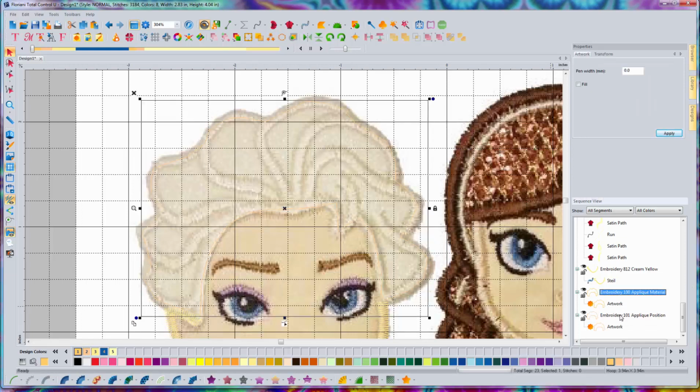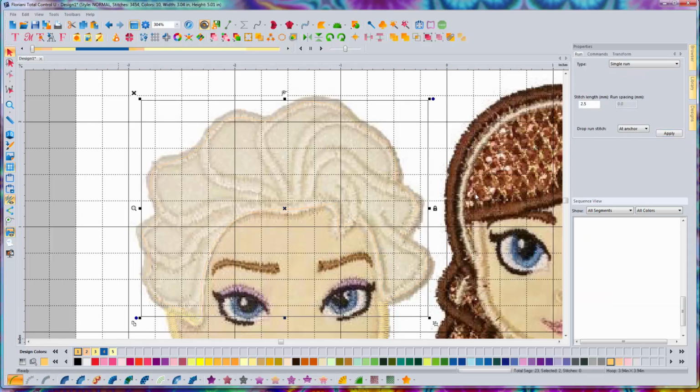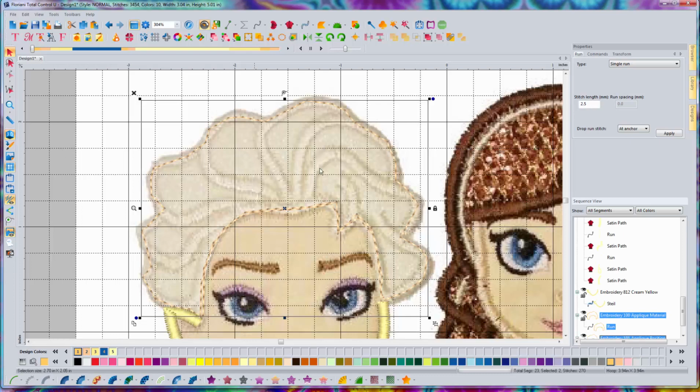Both of these need to be a run stitch. We'll select them both and hit the run tool over there. Okay, so now those are stitches. We can put it in 3D so we can make sure that everything looks good, and it does. And now there's nothing stopping us from doing the top stitching next, but again, just like the other part of